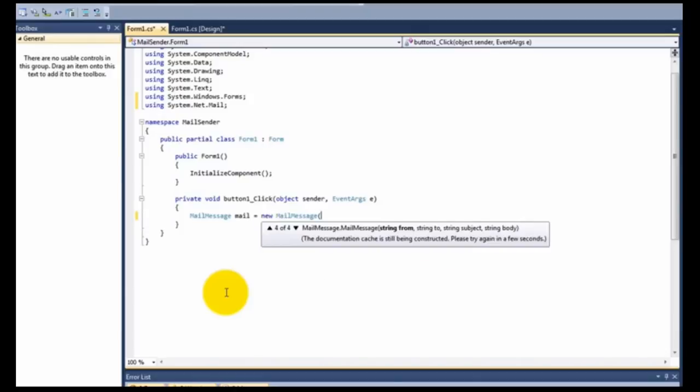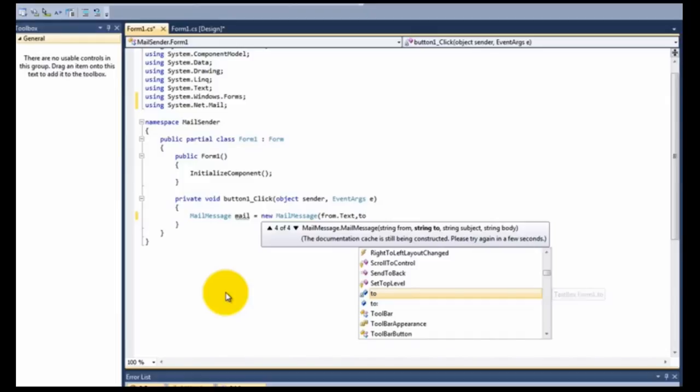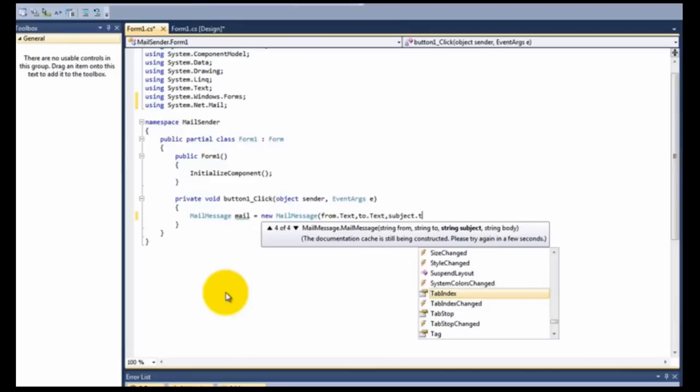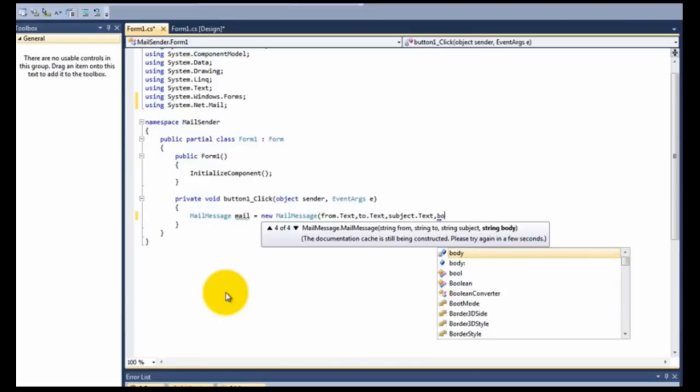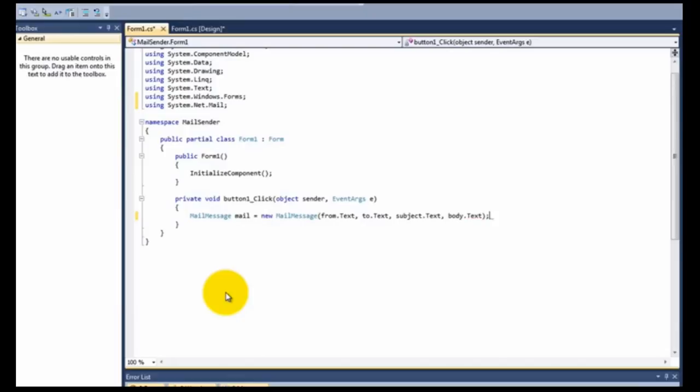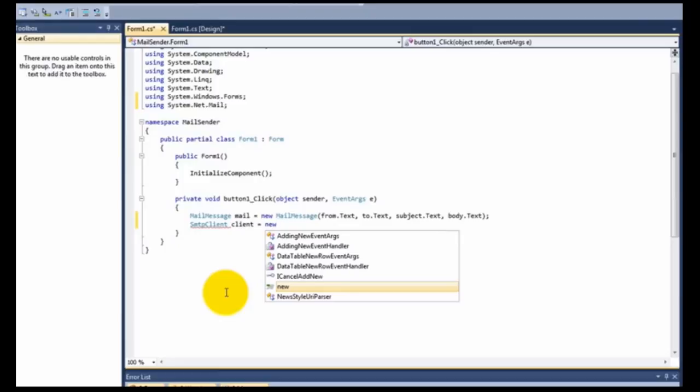And now in the button, type mail message, that mail is equals to new mail message, then parentheses, inside it is from.text, comma, to.text, comma again, subject.text, then comma again, body.text. Don't forget to put a semicolon after each line.